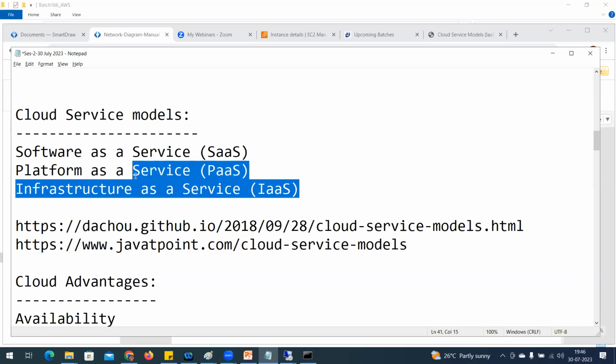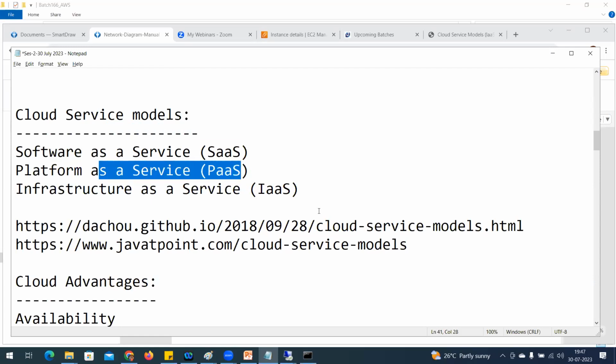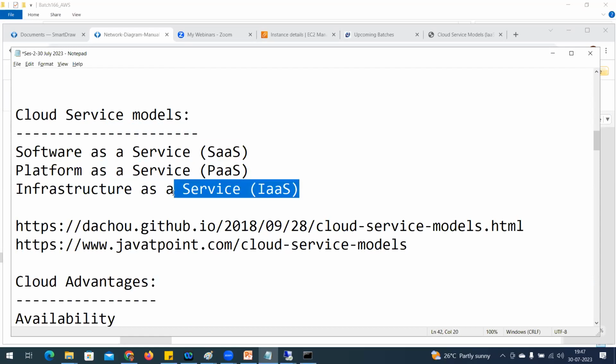All those services, whatever service is available under the Amazon Management Console, will land under one of these categories: either software as a service, platform as a service, or infrastructure as a service. Whatever service you talk about, these are the 3 basic service models in a cloud infrastructure.